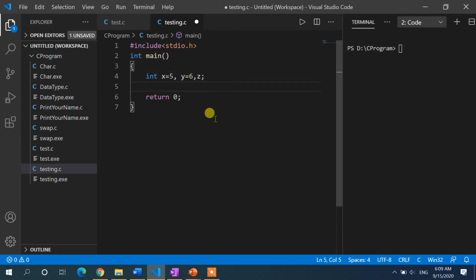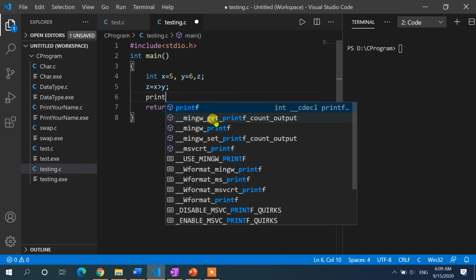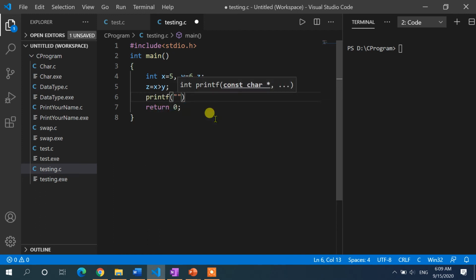Now if I write z is equal to x greater than y, and I want to print the z value, that is printf %d z. I want to show you what exactly the relational operator returns.